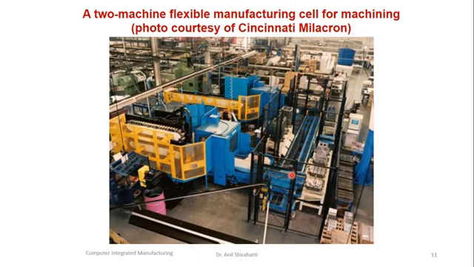This represents a 2 machine FMS system. You can see that the blue-colored parts are the two machines at work, and this is the loading and unloading section. From here the loading happens and the part goes to the first machine. When the operation goes on, you can see this is one product, the second product is waiting, and the third part is already under the machining process, and these are still in the waiting section.